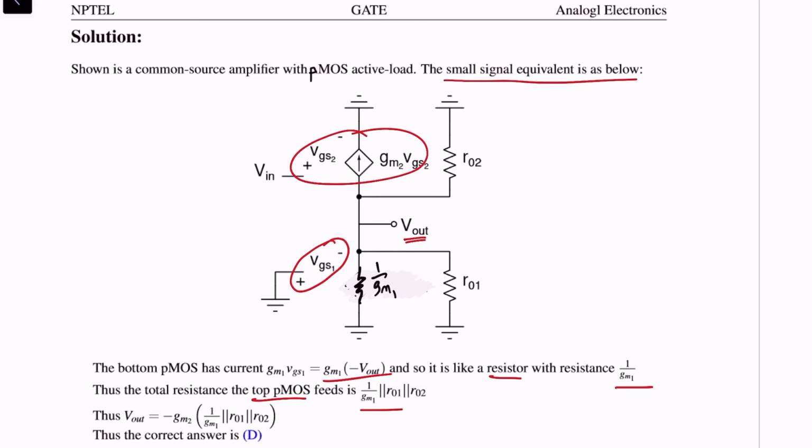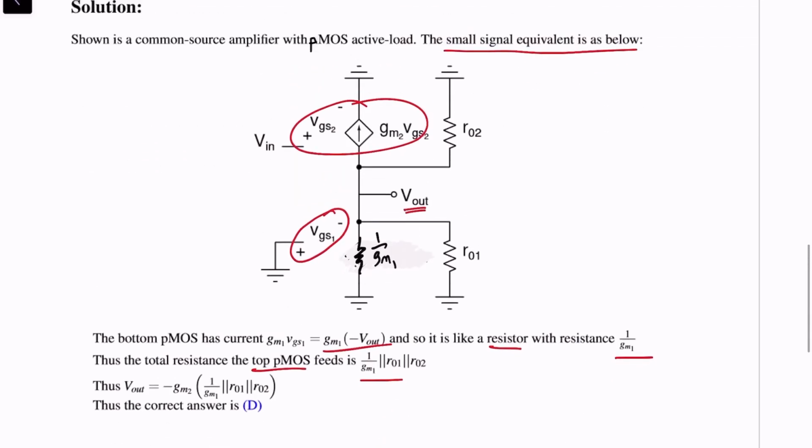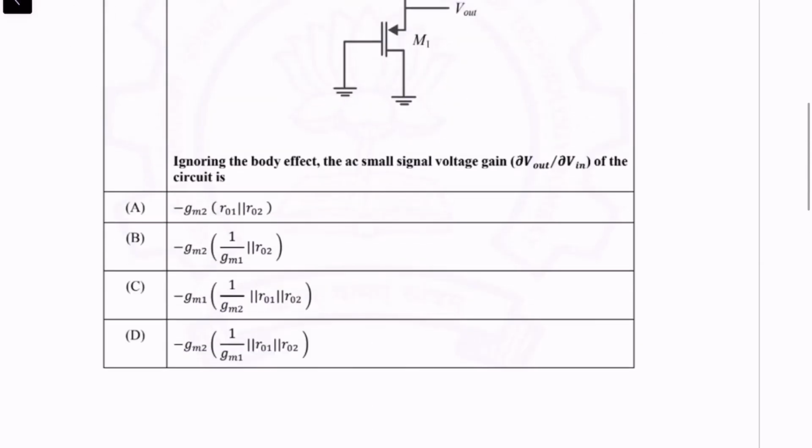Thus basically, the current flowing in this direction, the total current flowing through the parallel combination of the three resistors, is minus gm2 VGS2. And so therefore it is a gain of minus gm2 times the parallel resistance. This is the correct answer, which if you look at the options is option